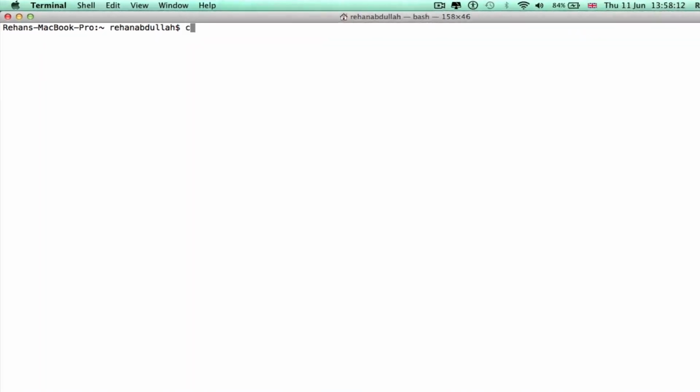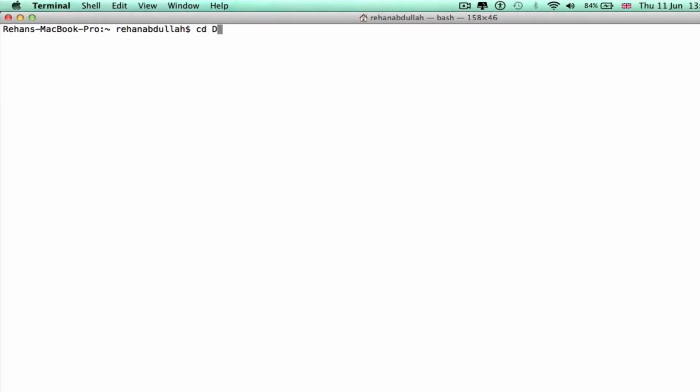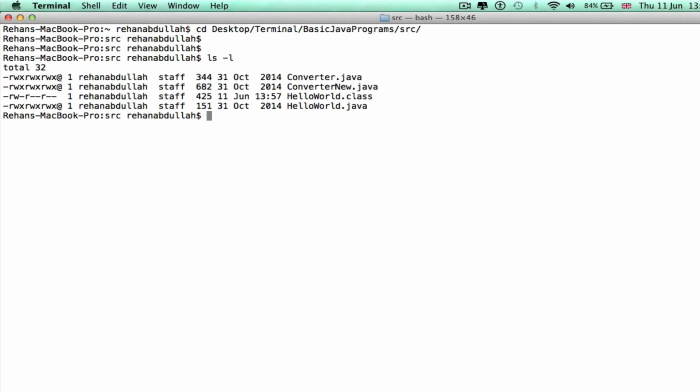So cd desktop, terminal, basic Java programs, src, because that's where it navigates to, that's where the directory is. So what do we have in that? Okay, so